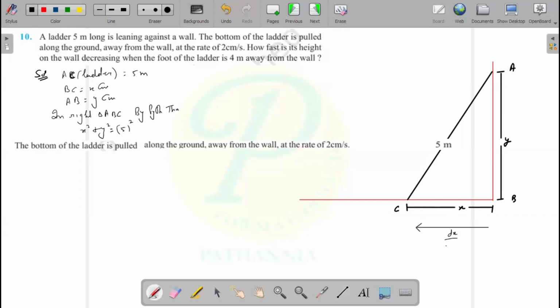So that means dx upon dt is 2 सेंटीमीटर पर सेकेंड। और अगर आप ऐसा करेंगे तो फिर हाइट ऑफ कोर्स डिक्रीज रहेगी। यहां से आपको क्लियर भी रहेगा कि इसका आंसर आपके पास नेगेटिव आने वाला है। हाउ फास्ट इट्स हाइट ऑन द वॉल इज डिक्रीजिंग, और वो वर्ड डिक्रीजिंग यूज भी कर रहा है।